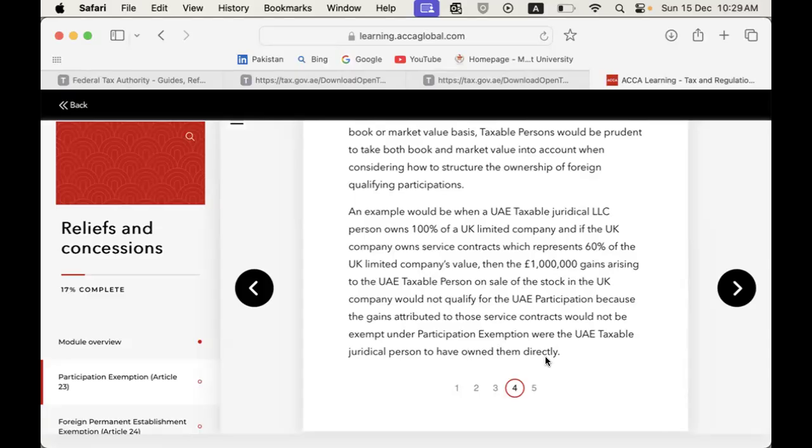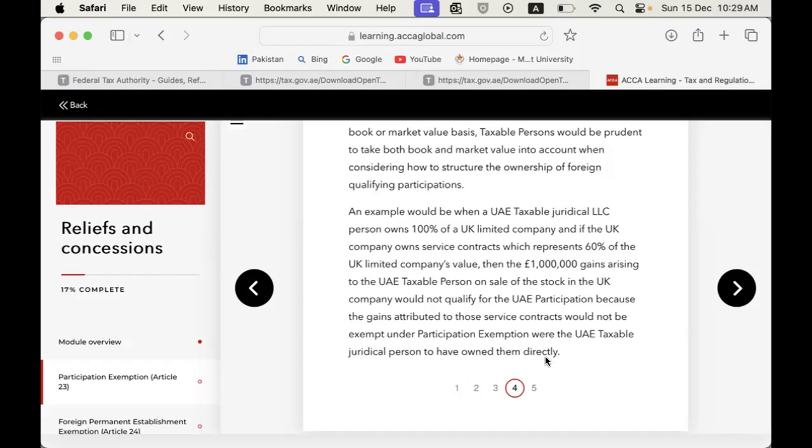So, it's a boomerang arrangement. It's a tripartite arrangement. Think of the UK company as something which has been artificially planted there, so that we may claim that this dividend is coming from the UK. That is the reason, and we hold 100% interest in the UK company. So we meet the criteria of 5% minimum shareholding and distributive share. So this amount of money or dividends that we are receiving from the UK should be exempt.